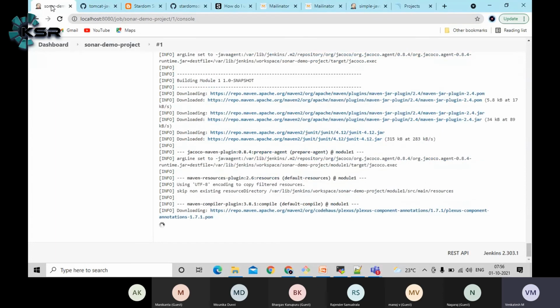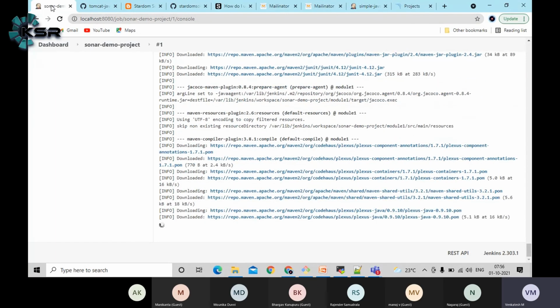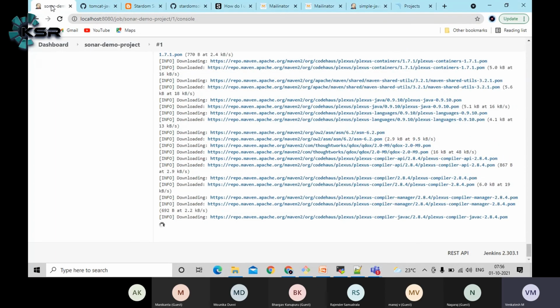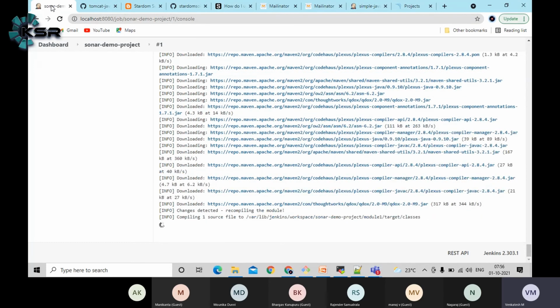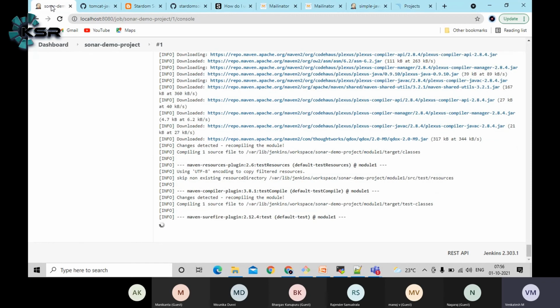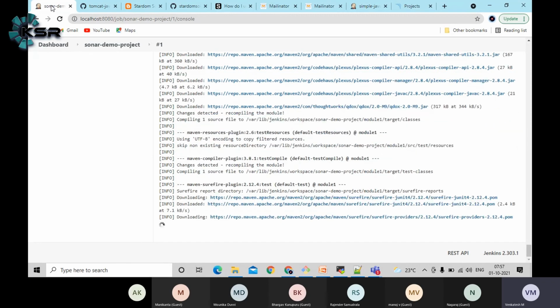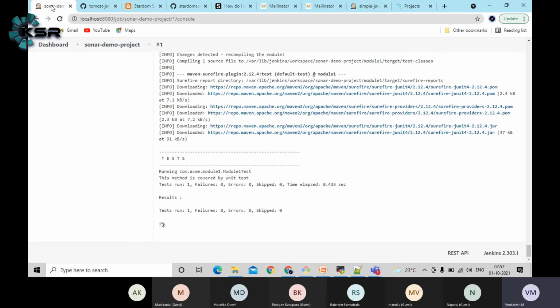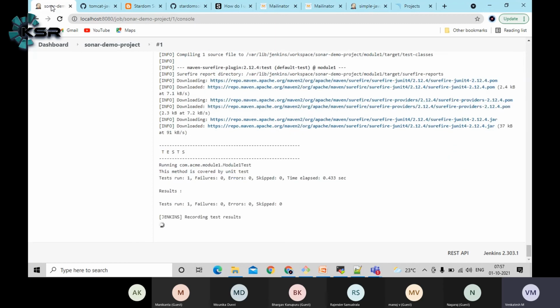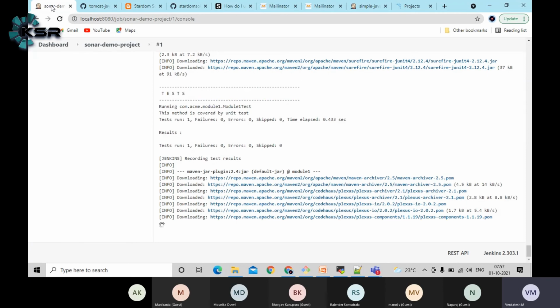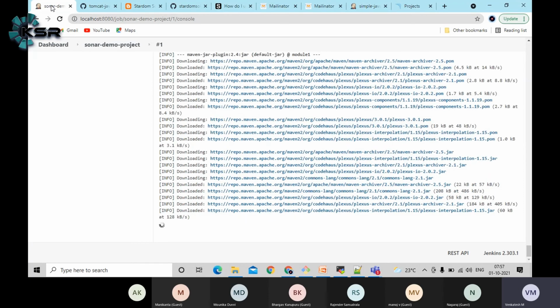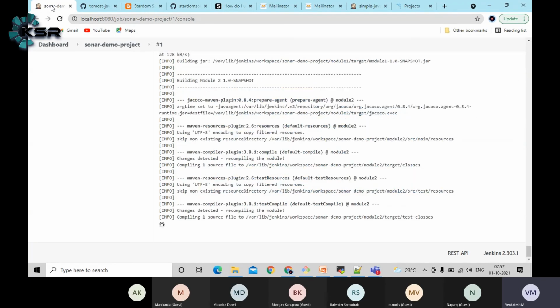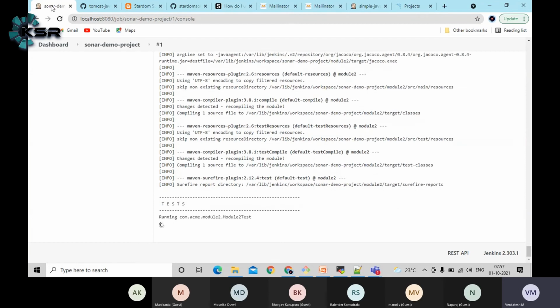What I can see as of now, you just understand that when you say compile, it will compile the code, simple. Package means it will create a jar file or war file. In the last job we saw, at the final stage, it will produce something like a demo.war file. That means it is the final package. Then sonar:sonar means it will try to connect and integrate to SonarQube. Up to this point, you just understand as of now. In the further sessions, I will go into the more advanced sections.